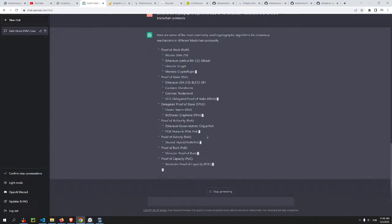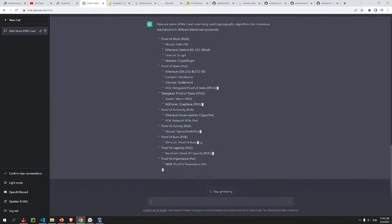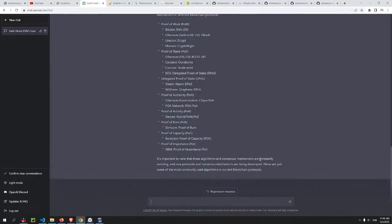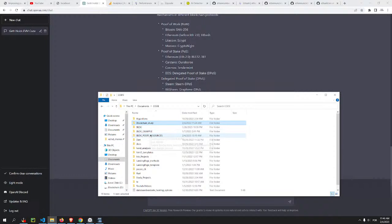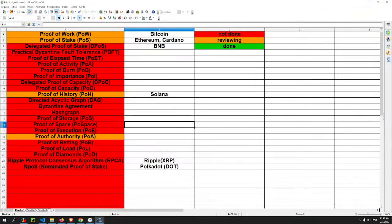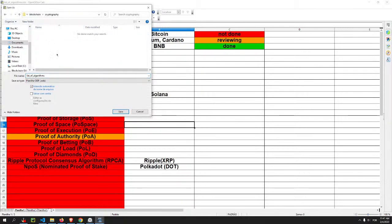And this is weird as well. Never seen it do this. Oh, I forgot. It's true. I'm gonna save this one for the other, for cryptography, and then copy all of the...